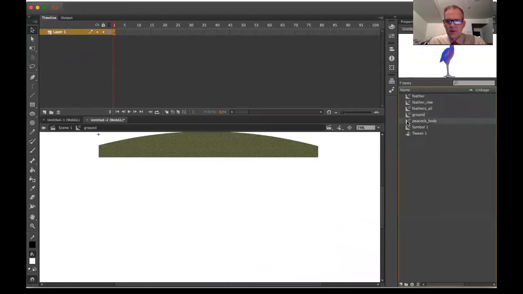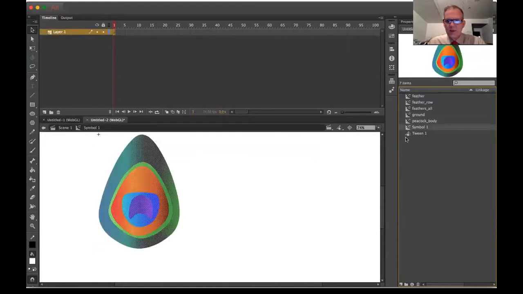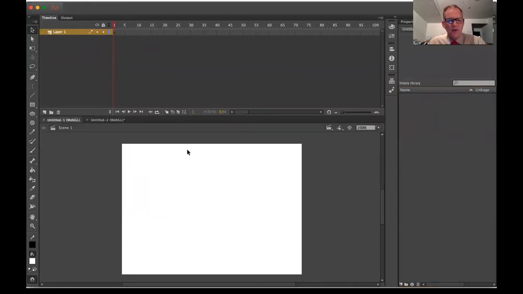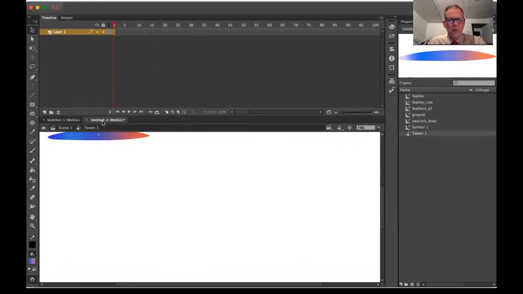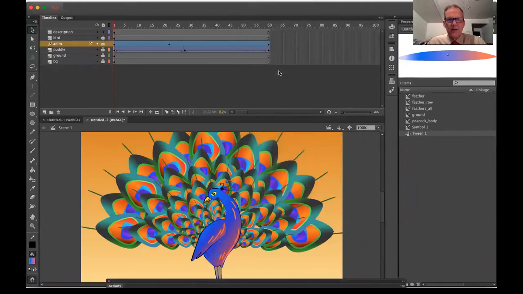Ground, the peacock body, just a symbol, and then a tween. So we're not going to focus a lot on the WebGL, but I just want you to be aware of it because it's different than just the Create.js JavaScript. Its output uses WebGL, but if you were to look in your actions,